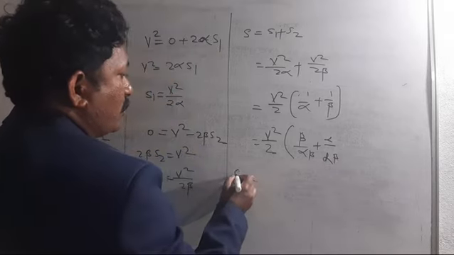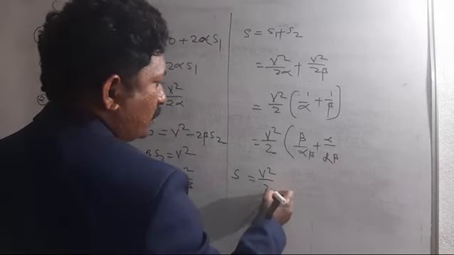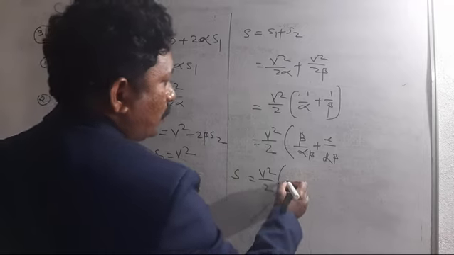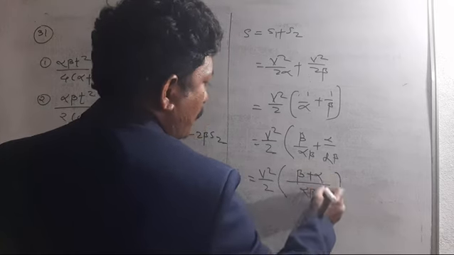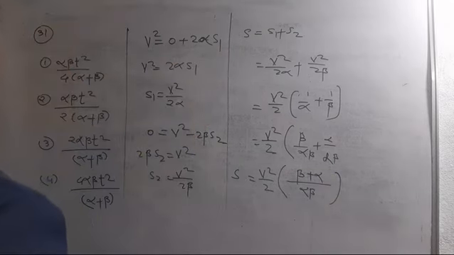So the total distance s is equal to v square upon 2 into alpha plus beta divided by alpha beta. This answer is correct, match to the